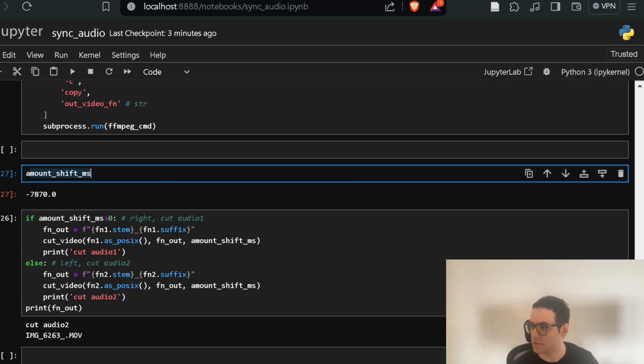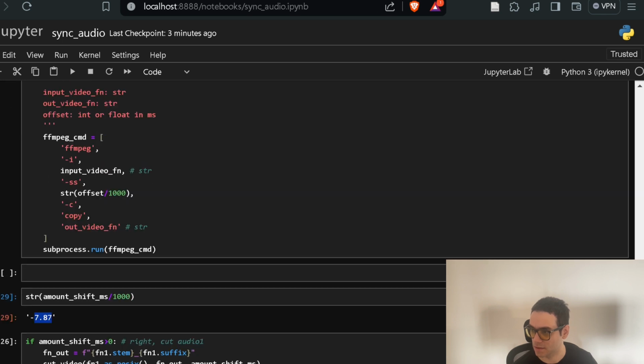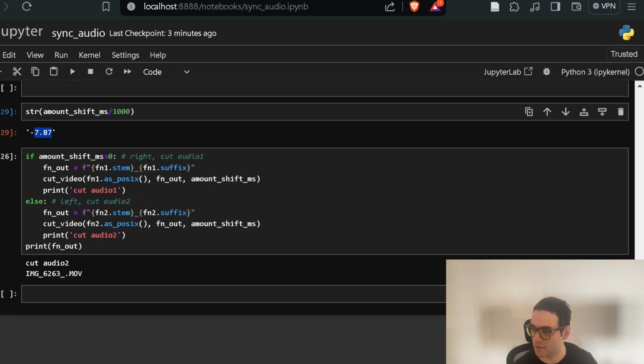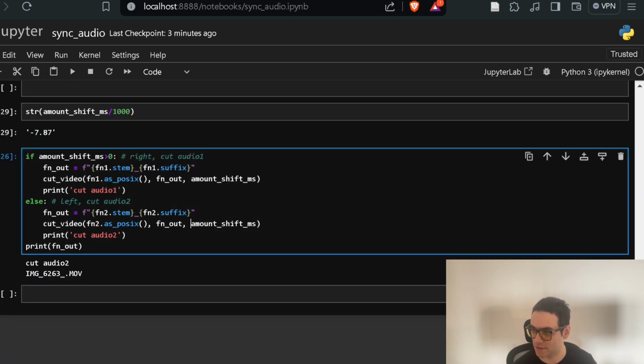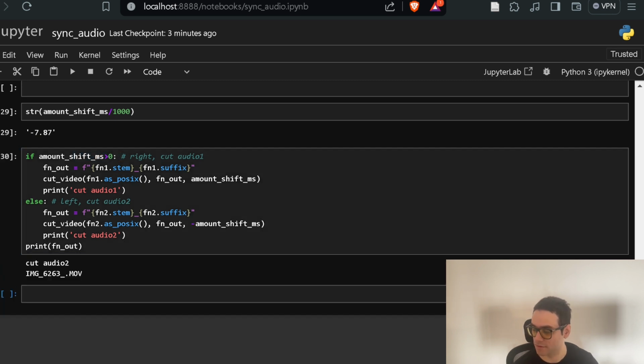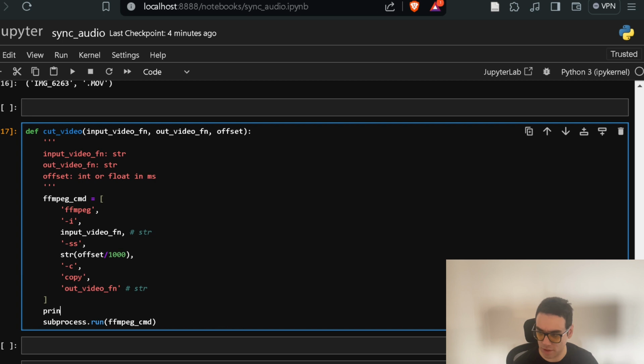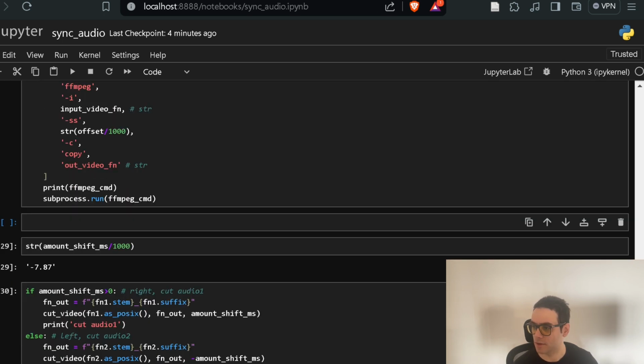Also, we have to note amount of shift in milliseconds. Right now, if you take this divided by 1,000, you get a negative number. So if you turn it into a string, you get a negative string, and it's going to throw an error here. So you have to make sure you pass the amount of shift, if it's not positive, as a negative of that amount. Okay, so let me also get a log of the command I'm running here